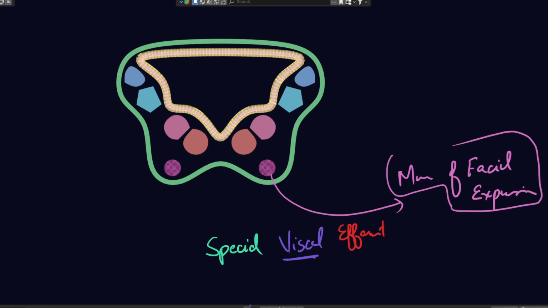It is supplying voluntary muscle of, here in this case, your face, which are quite superficial. So ideally, I think it should be special somatic efferent. But the reason they call it special visceral efferent is that they are derived from pharyngeal arches or branchial arches, and these branchial arches are phylogenetically related with the gills of the fish, and gills are the